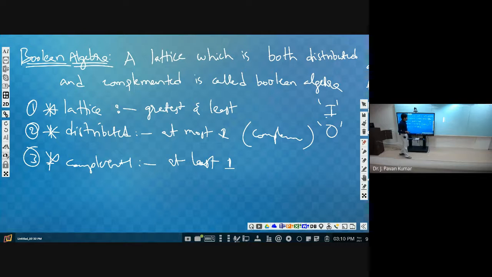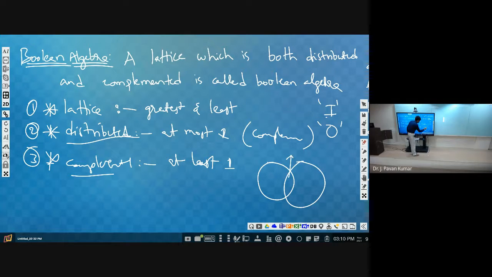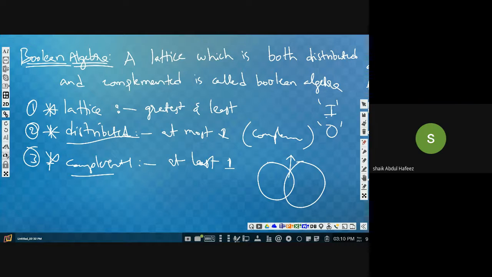In the bounded lattice, again we have to calculate the complement of every element. Then based upon the number of complements that we have for each and every element, we can decide whether it is distributive or complemented. So what is the intersection here? Let us consider we have some distributive lattices and some complemented lattices. Then this we consider as Boolean algebra. Yeah, this is nothing but Boolean algebra.